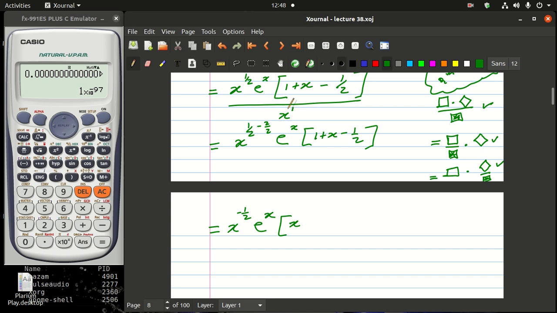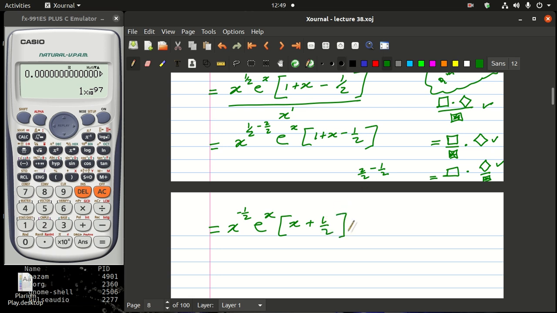That is why we ended up having a negative. But in this case now, we'll end up having 1 minus 1 over 2, and 1 is the same as 2 over 2. 2 minus 1 is going to be plus 1, and then we take the common denominator as